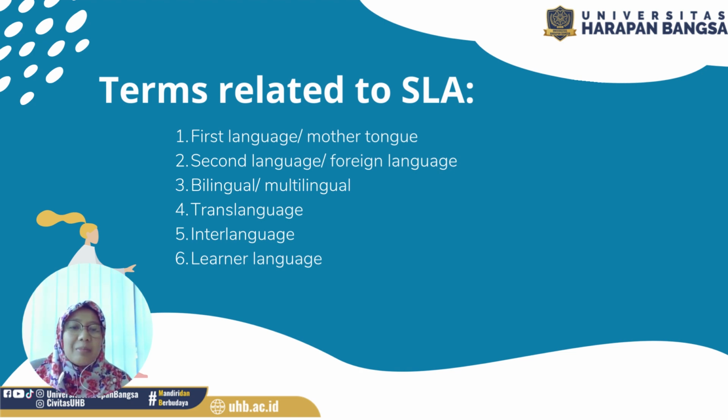Interlanguage refers to the intermediate stage of language learning where learners have not yet fully acquired the target language, but they are developing their own unique language system to communicate in the target language. It is the learner's own version of the language, which is influenced by their first language, their exposure to the target language, and their individual learning experience. Interlanguage is characterized by errors, simplifications, and overgeneralizations, as learners use their developing language system to communicate in the target language.